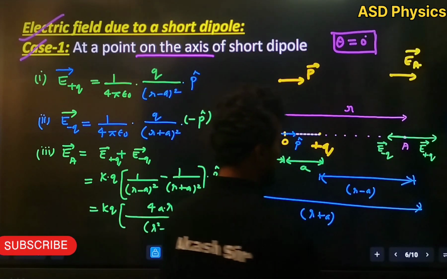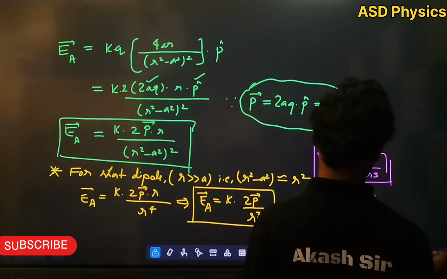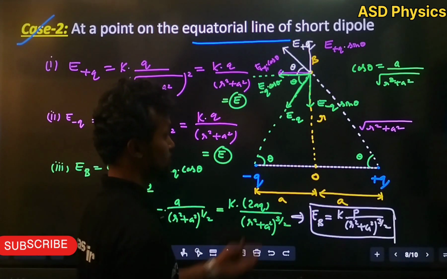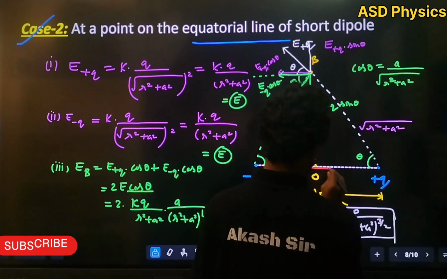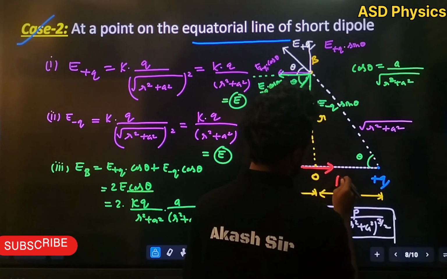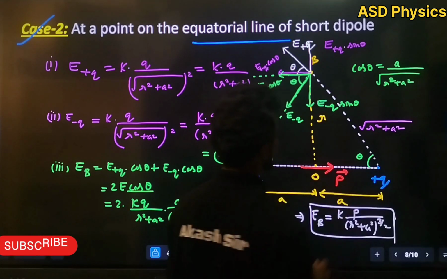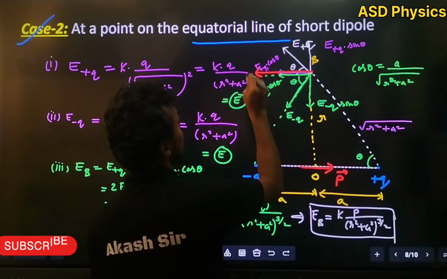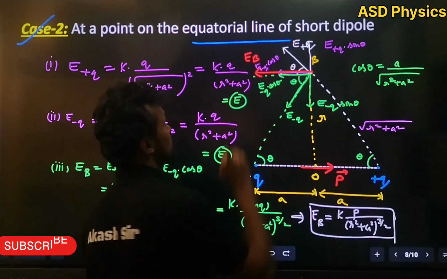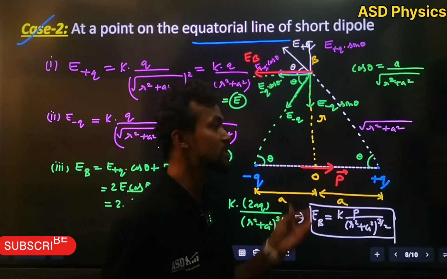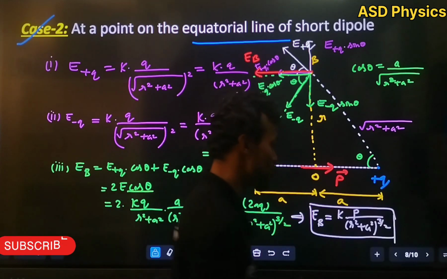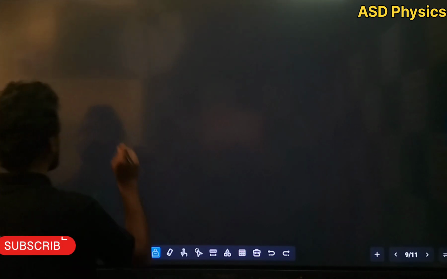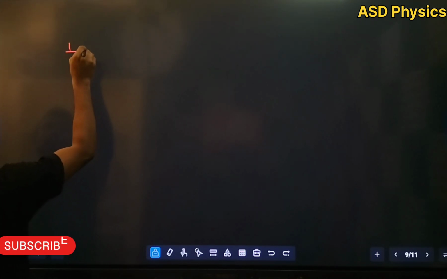Now if we go for the equatorial point, in this situation, see please, dipole moment is in this direction, P. Electric field is in this direction, EB. You can see that both the arrows are in opposite direction. That means if I want to write in a vector form,